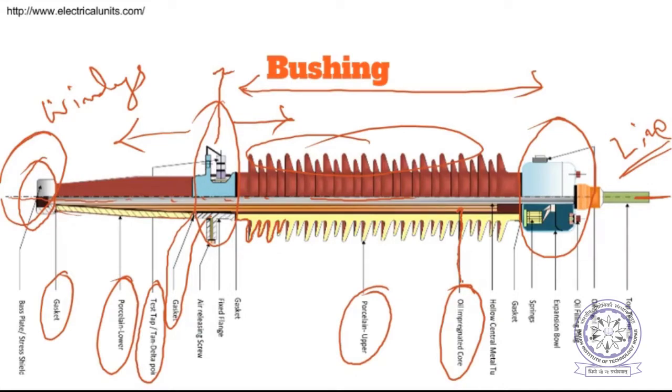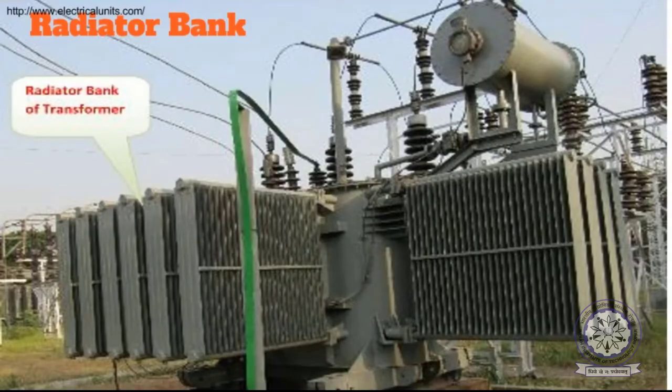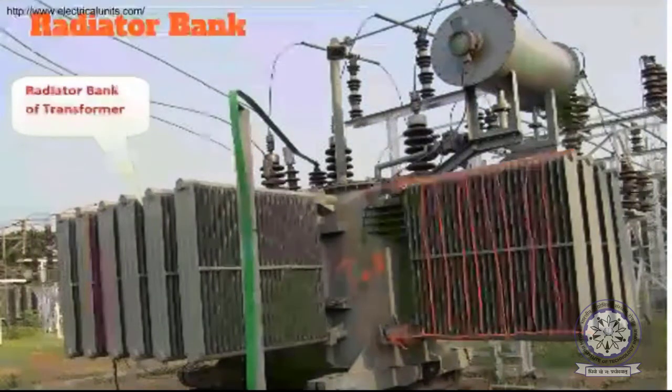So next we will go to the radiator bank. See, the radiator bank is given here, for another transformer. In order to show you the pipes, you can see these are all vertical pipes, and then there is a horizontal pipe like this, and there is another horizontal pipe like this. So this is the transformer tank, and from this you can see oil will be coming out. Maybe this is the oil pipe, and then going back into the transformer, and in between it is getting cooled here through these pipes. So various pipes it will go like this.